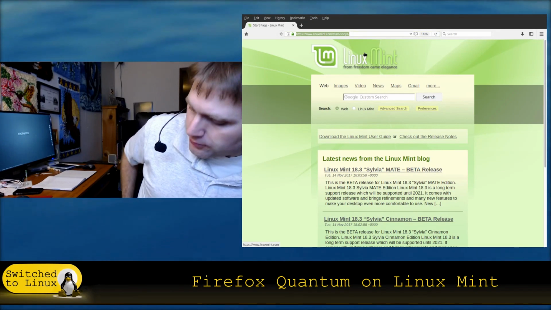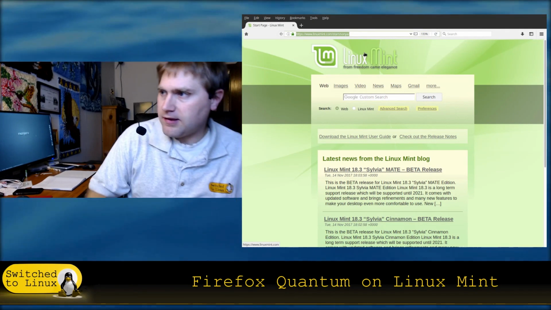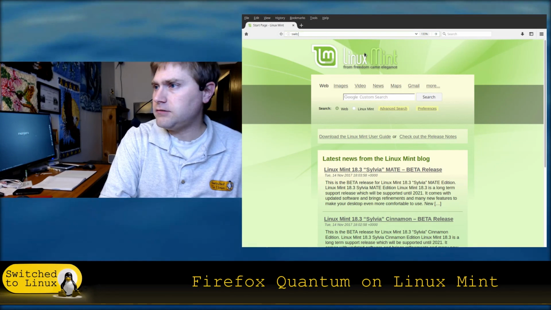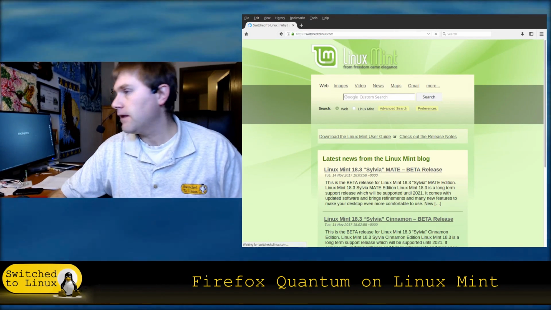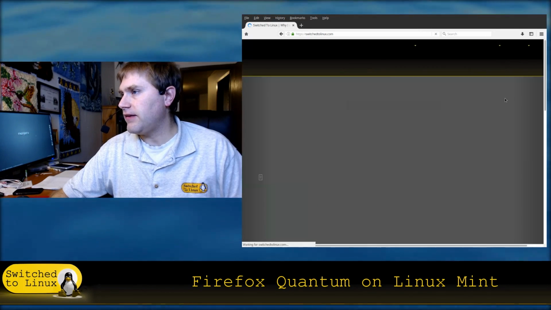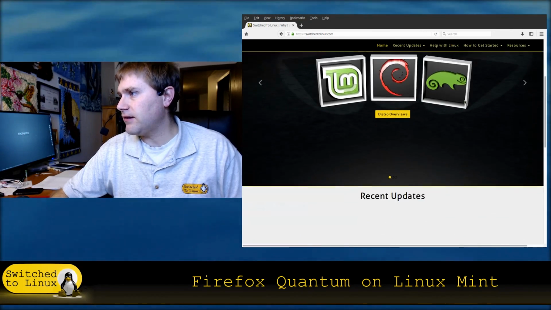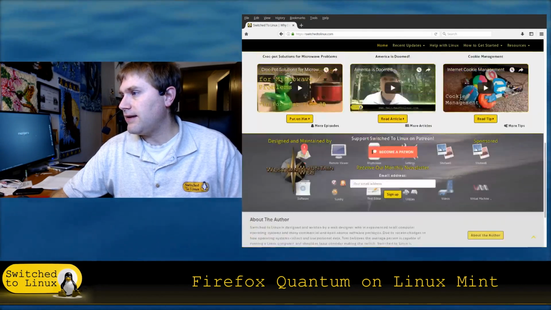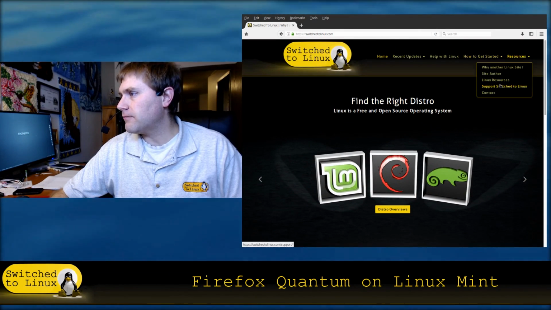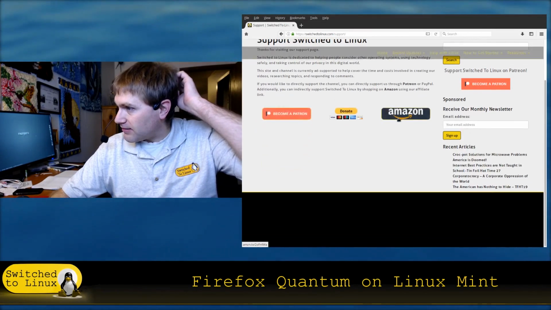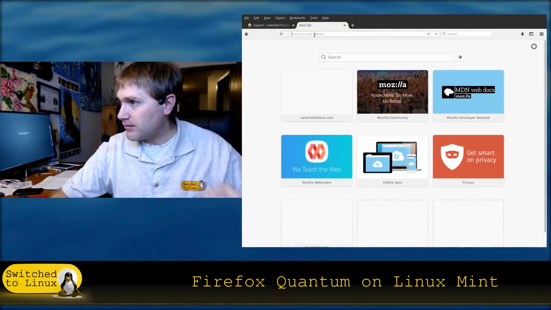So now we're just going to go through the exact same sequence of websites I went to in the exact order. So we're going to switch to linux.com, and we're going to have a look at what this site looks like. So you can see it did take a little bit longer to get there. It's really not loading a whole lot different. Once again, I'm just going to go back to the main sites I was on before. So now let's go with